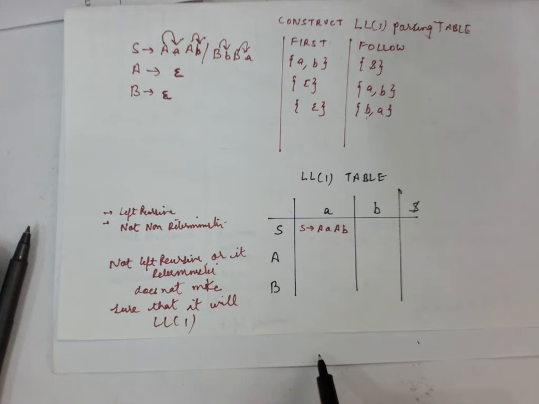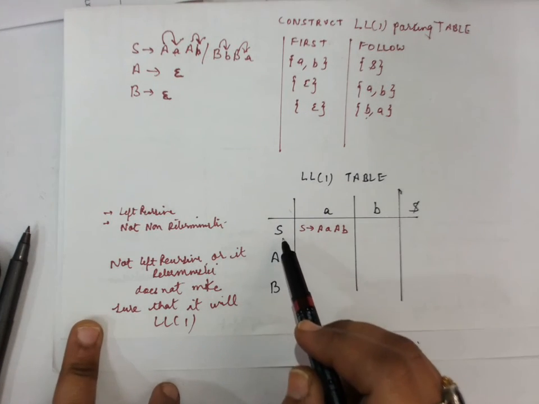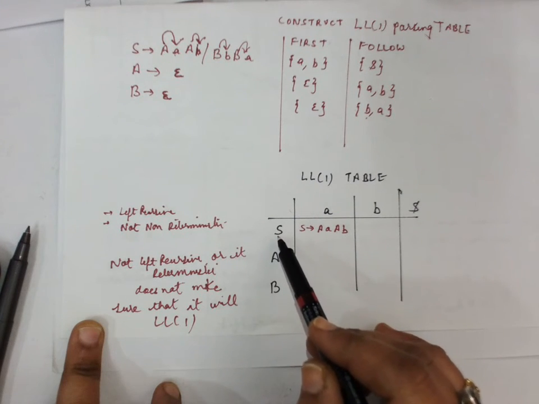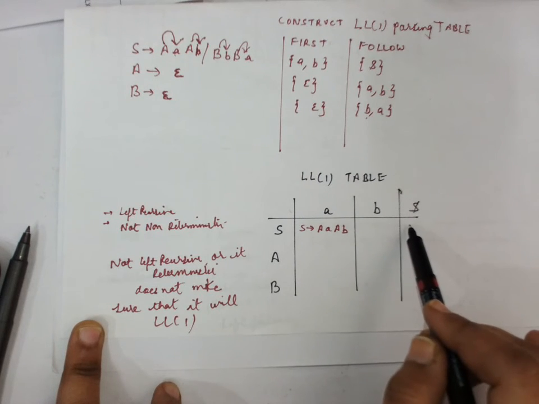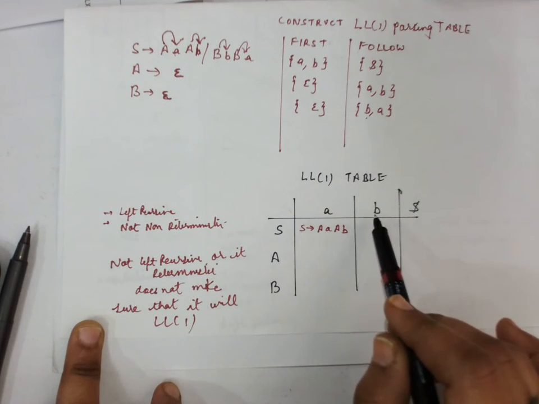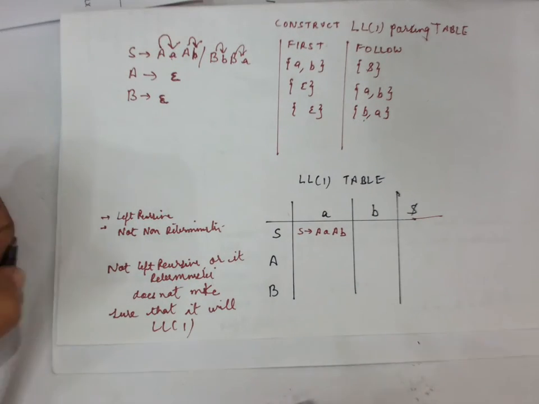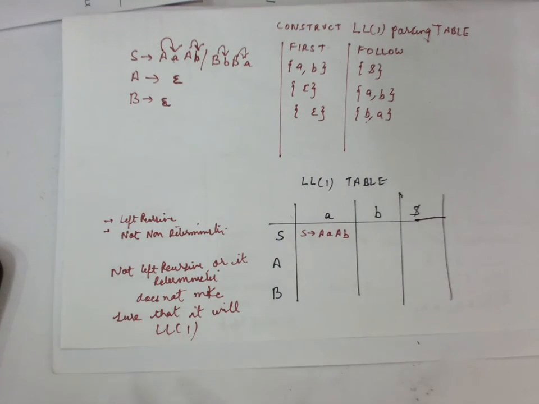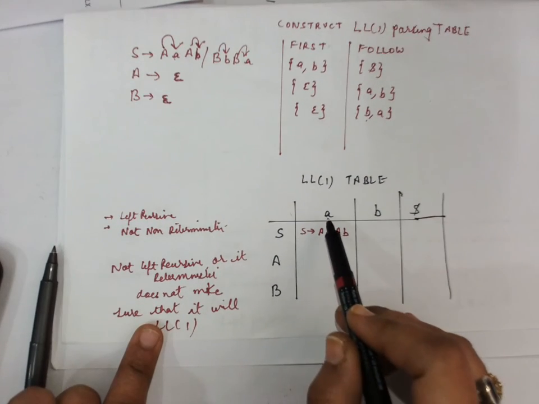Now for constructing this LL1 parsing table for this particular grammar, here we will see what is coming over here. Okay, so as I told you earlier also, the rows are the set of non-terminals and the columns are the set of terminals. So we don't have any epsilon in the case of these terminals. Instead of epsilon, we have a dollar. Okay, so here we will see S gives small a.